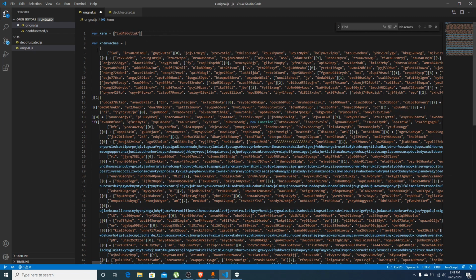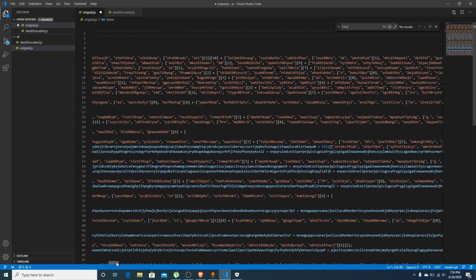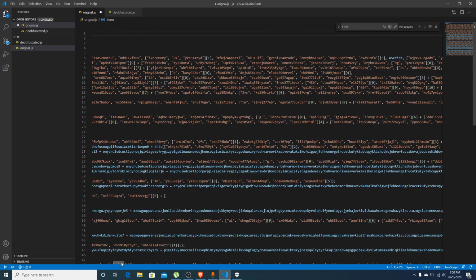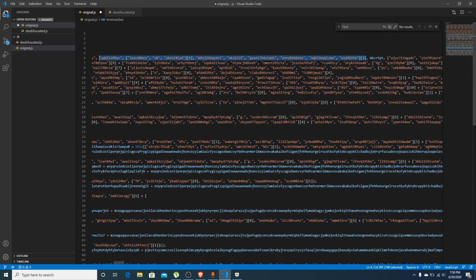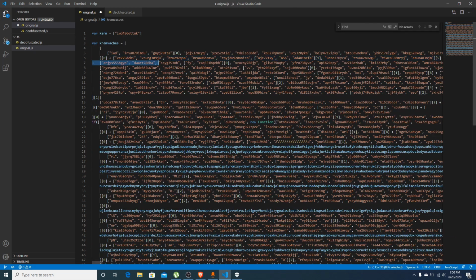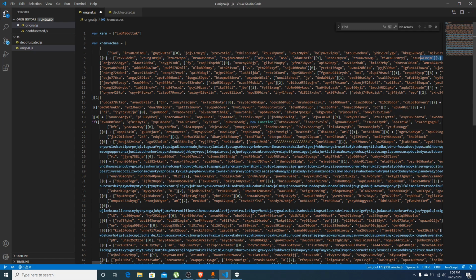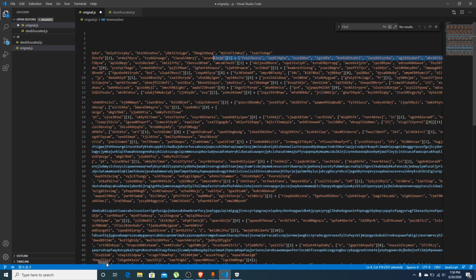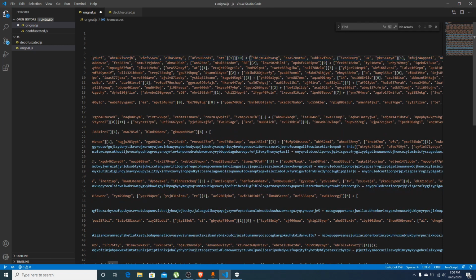Okay, so this is the one element, and after this array, so after this array,